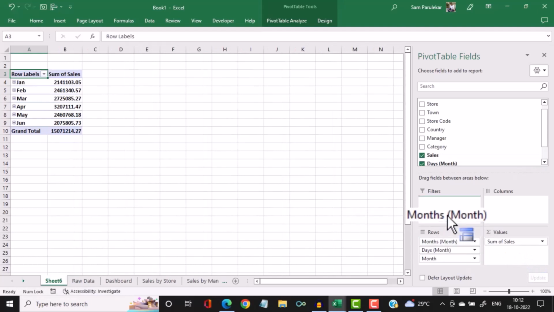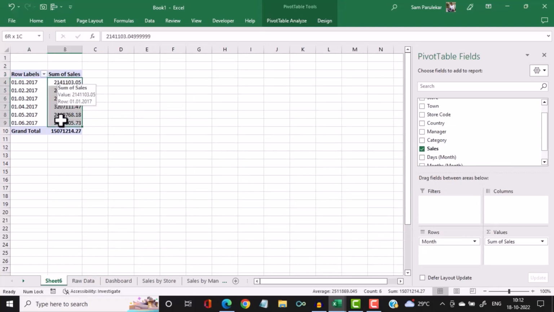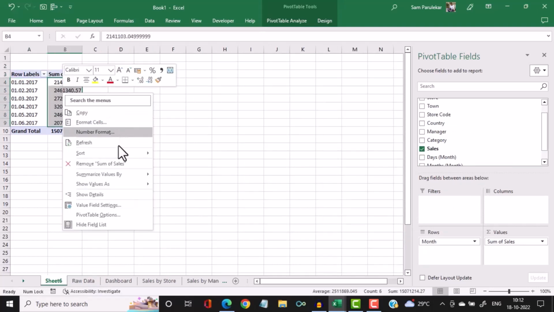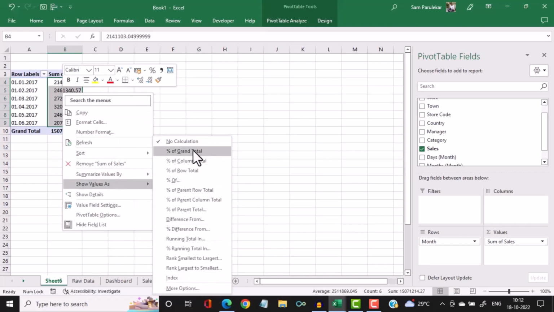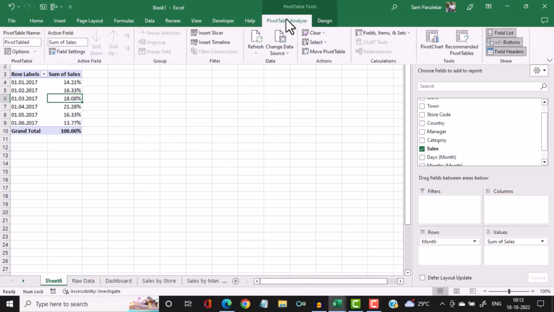And I don't want all this, I want only the months, and select this, right click, show value as percentage of grand total, and then pivot table analyze, pivot chart,